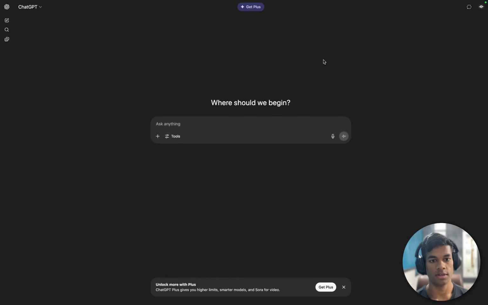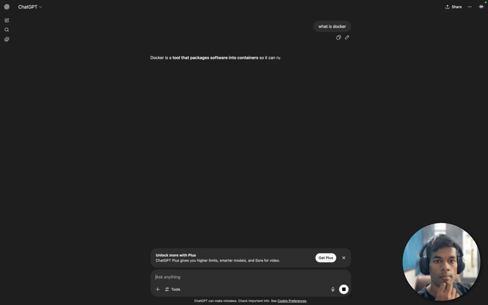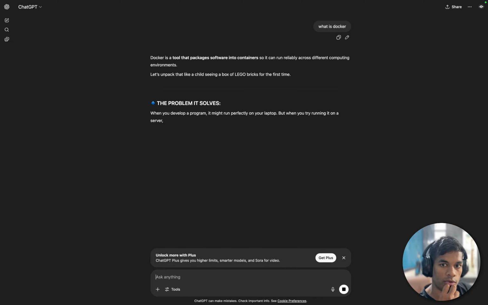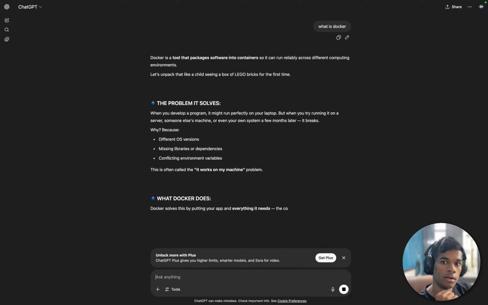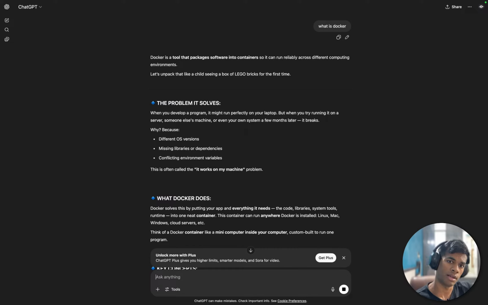What is Docker? Docker is a tool that packages software into containers so it can run reliably across different computing environments. Let's unpack that like a child seeing a box of Lego bricks for the first time.